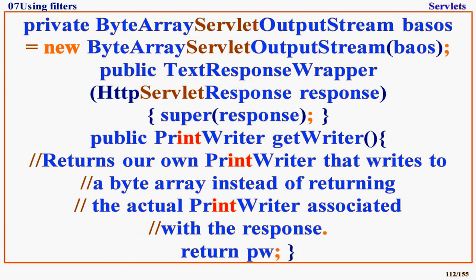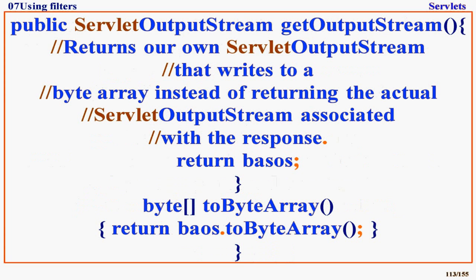public TextResponseWrapper(HttpServletResponse response) { super(response); } // getWriter returns our own print writer that writes to a byte array instead of returning the actual print writer associated with the response. public PrintWriter getWriter() { return pw; } // getOutputStream returns our own servlet output stream that writes to a byte array instead of returning the actual servlet output stream associated with the response. public ServletOutputStream getOutputStream() { return bsos; } public byte[] toByteArray() { return base.toByteArray(); }